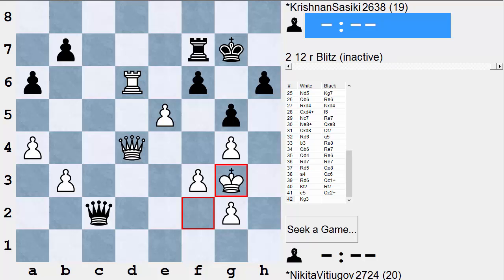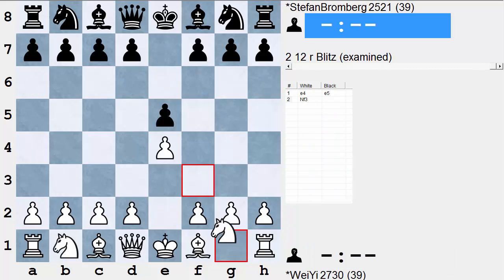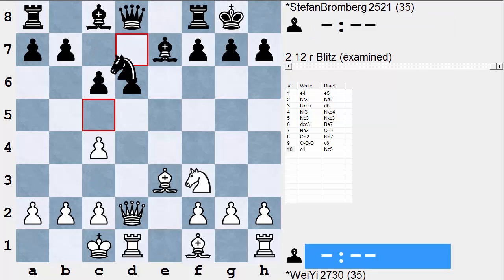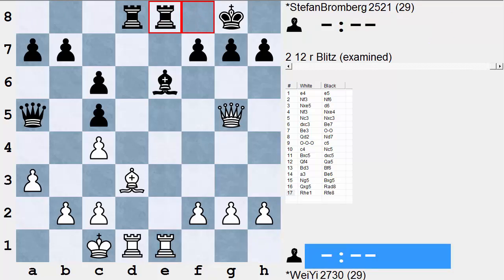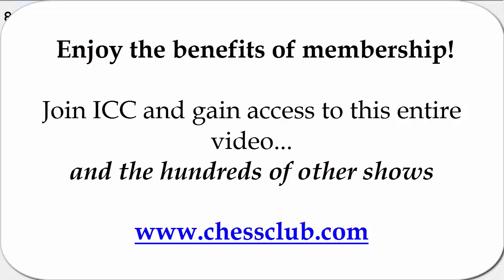Also a very nice combo is the following one. Let's pick up the action here. This is between Yangyi, White, and Bromberg, Black, Stefan Bromberg. And I like this combination a lot. We'll pick up the action here after White's 19th move, queen h5. And we can see here